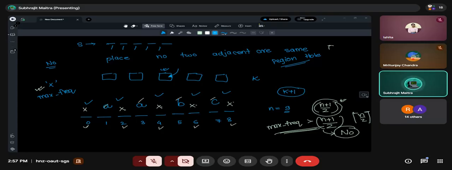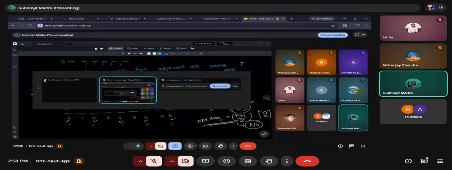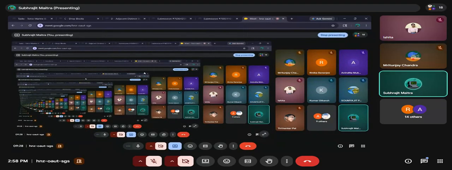Now the main thing is implementation. This was the entire idea of the question. Nothing else: the most problematic character, the maximum frequency one, and choosing even indices for that. Fine. Let me show you the implementation, and you will be clear with everything. Is the logic clear? And you have also thought something similar, right? Yes, yes, Bhaiya.